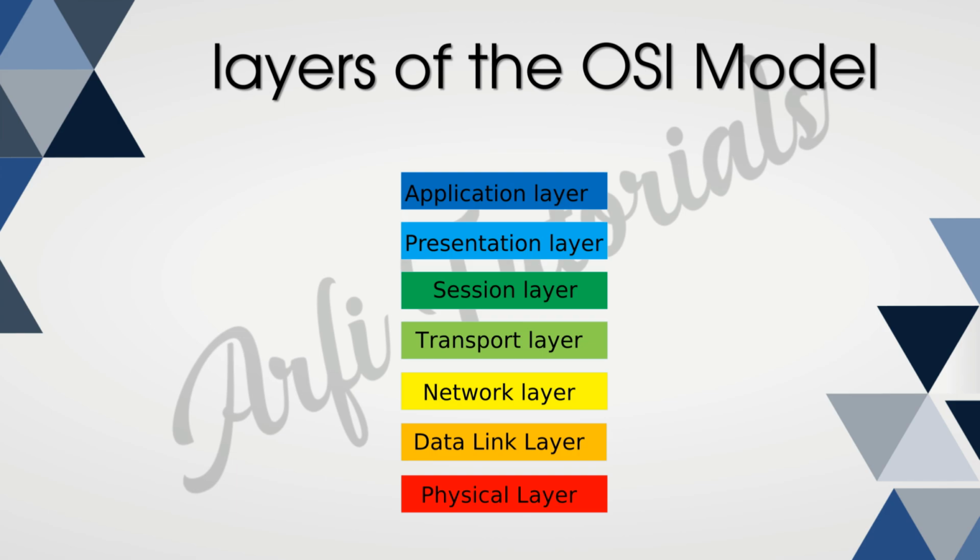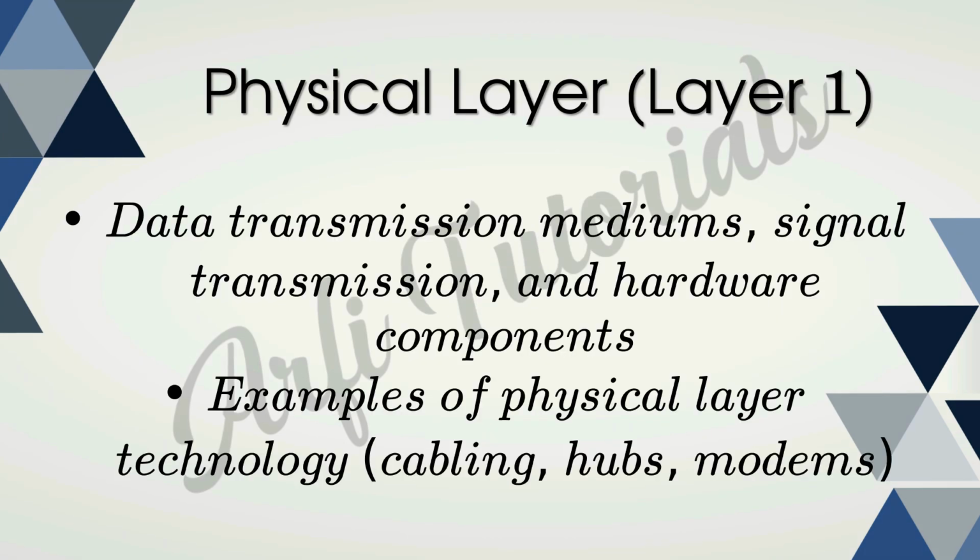The lower layer of the OSI model deals with data transport issues. The data link layer and the physical layer are implemented in hardware and software. The physical layer is the lowest layer of the OSI model and is closest to the physical medium. The physical layer is mainly responsible for placing the information on the physical medium. So let's start with the physical layer.